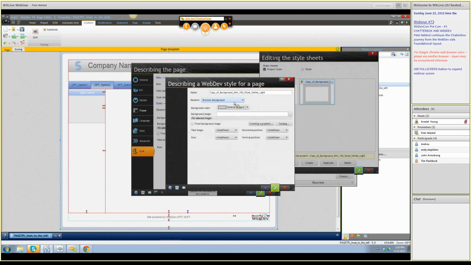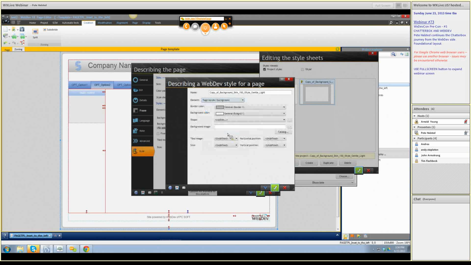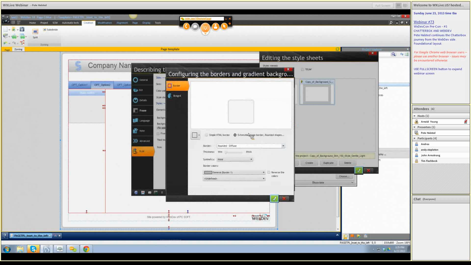And we come down here to page border background, shape, and we'll see they've got that rounded edges shape. So if we turn that off,